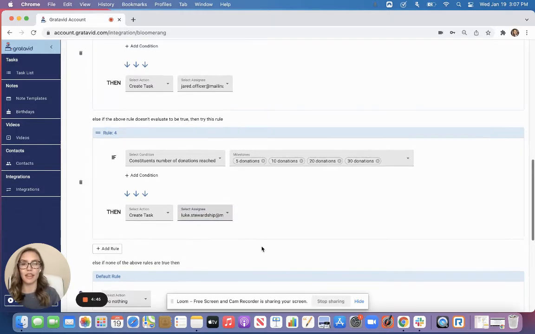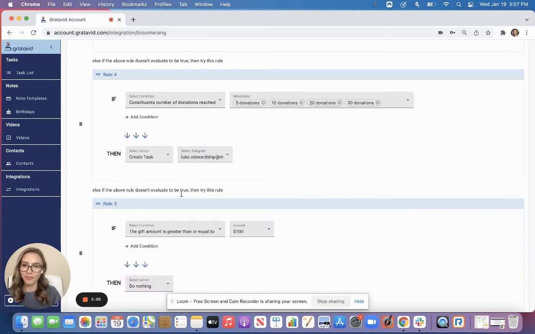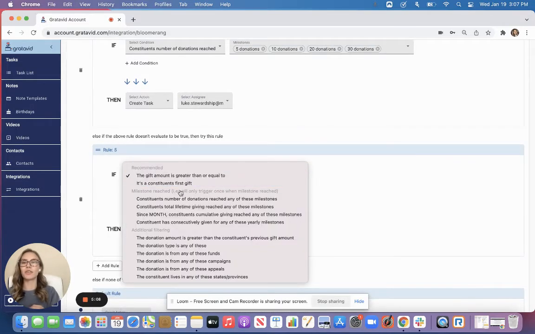So what this one is saying is when someone has given to your organization 5 times, it'll automatically create a task for Luke. Or someone has donated 10 times, it's going to automatically create a task for Luke. So that's how that one is going to work. Now, for the sake of this demo, I'm just going to go ahead and walk through the rest of the milestones as well. So I'm going to click Add Rule again, and then the next one is going to be,